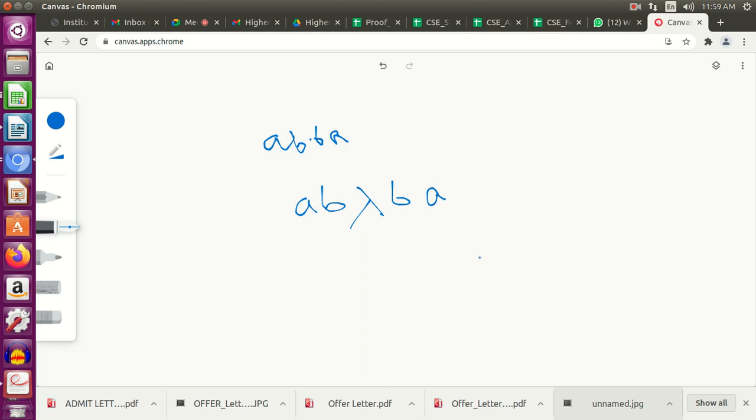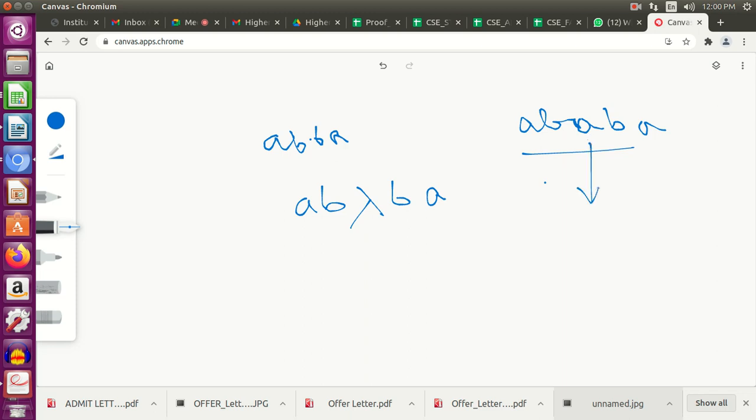The speciality of an odd length palindrome is that I can have something like this: A, B, A, B, A, A, B, A, B, A, A, B, A, B, A. This is an odd length palindrome, and what is the middle point?